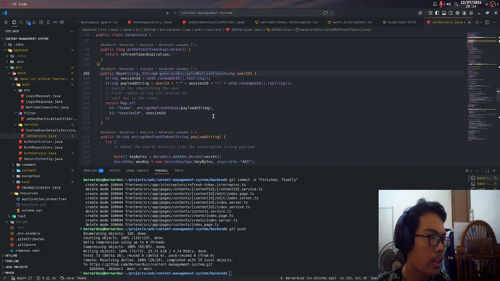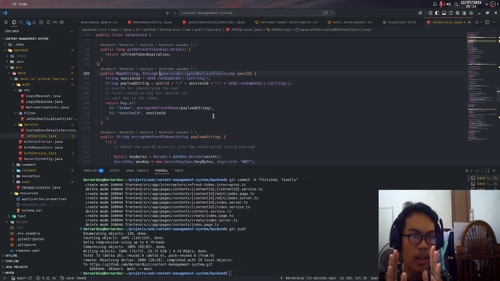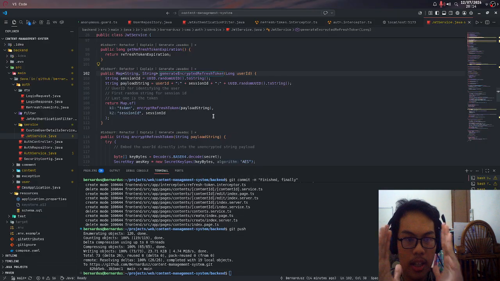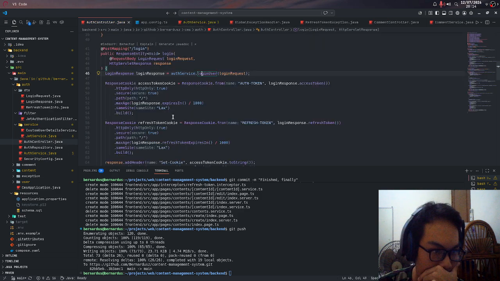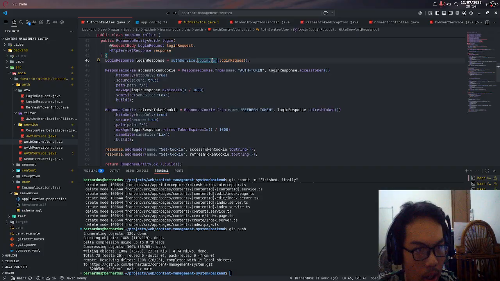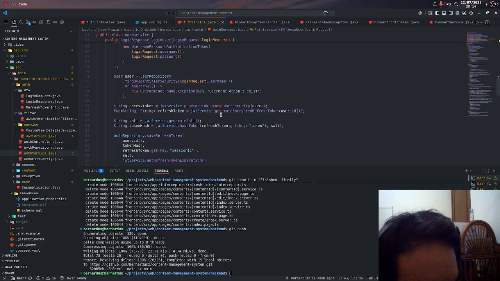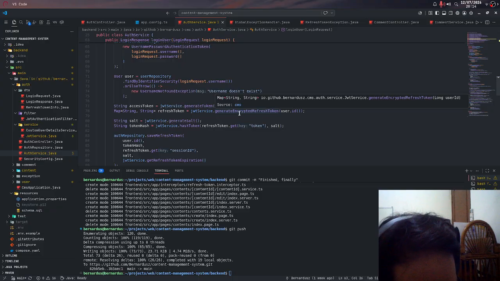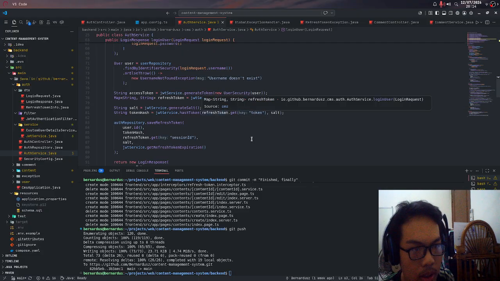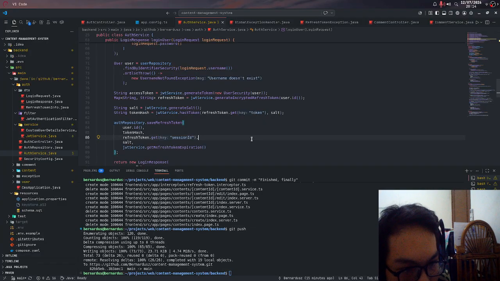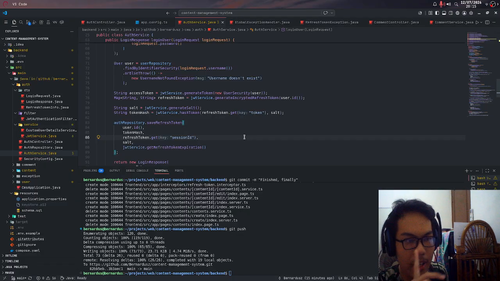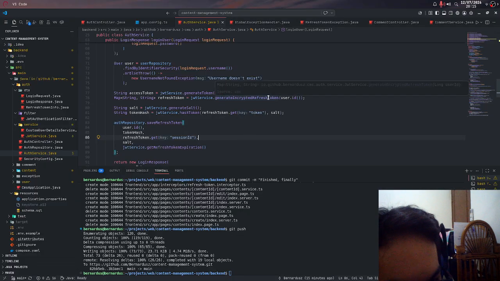So the reason that we encrypt this is that when, let's say, the user goes to login user, they invoke the authentication and they generate the encrypted refresh token. The encrypted refresh token is then salted and, wait, hold on, let me think about it. Okay, we generate the encrypted refresh token, and then we store the